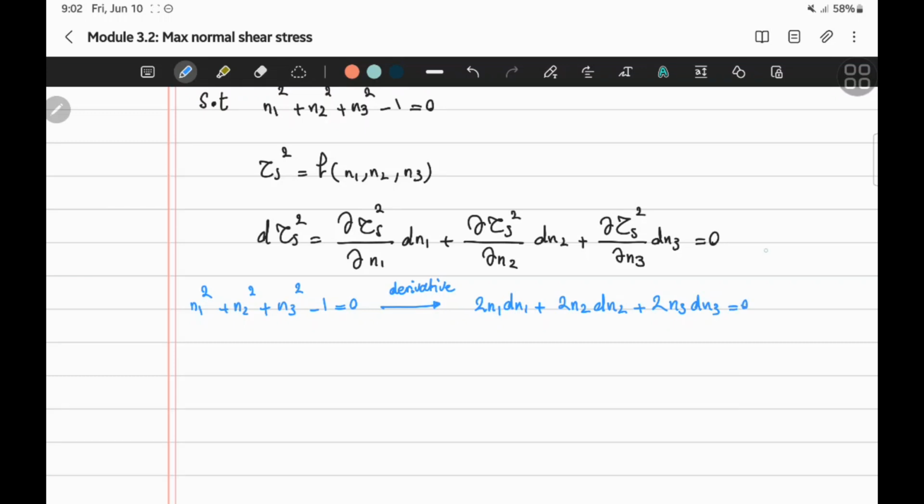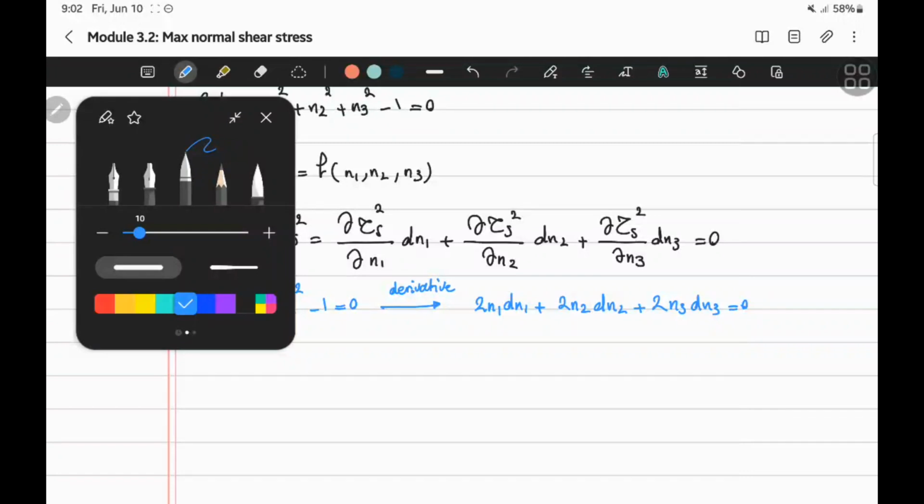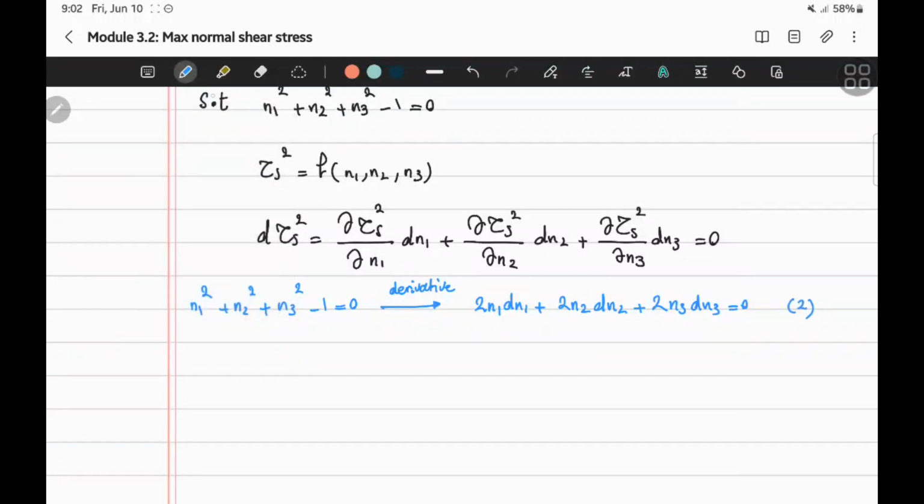So let's say this is 2 and this is 1. If we get rid of these 2's here,